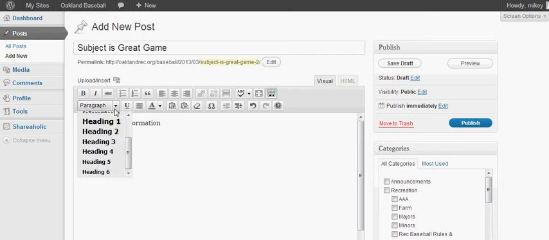Don't write your whole page using a heading, because search engines read this and they're going to wonder why everything in this post is a heading and there's actually no content. So it makes the website look suspicious to search engines. You can use color, and